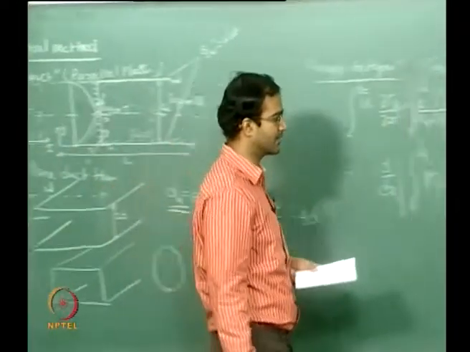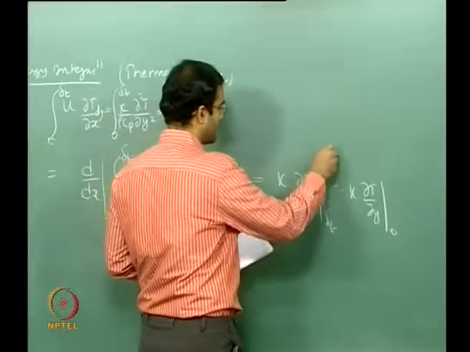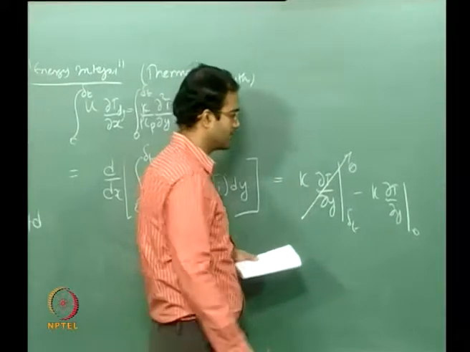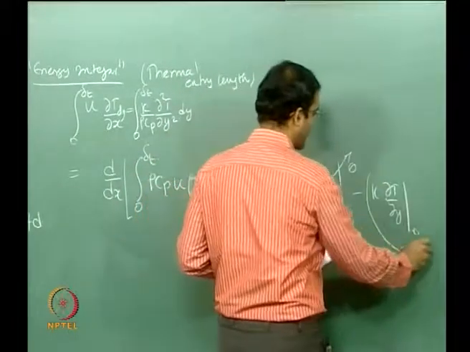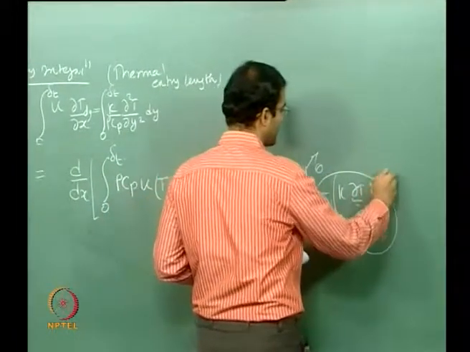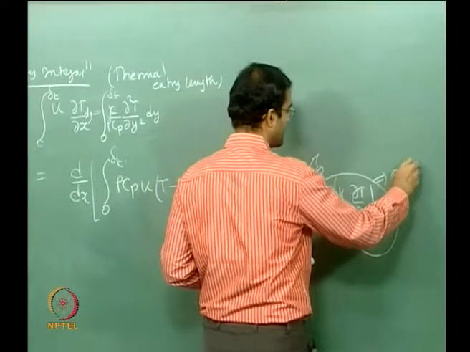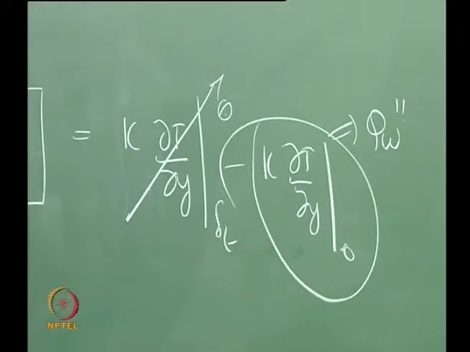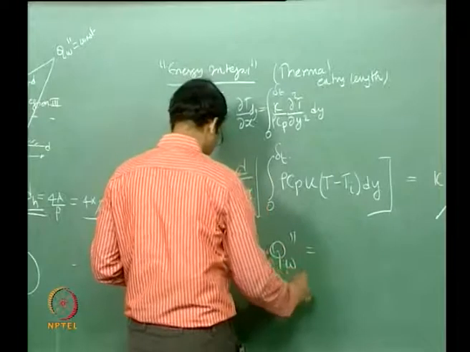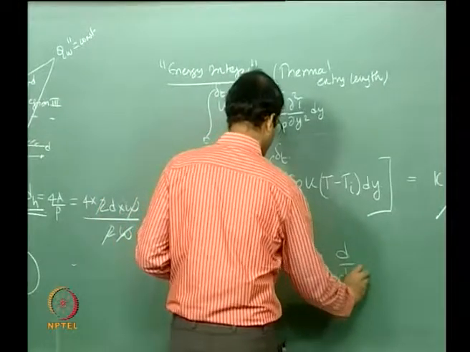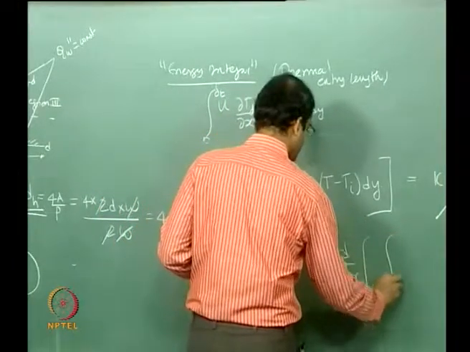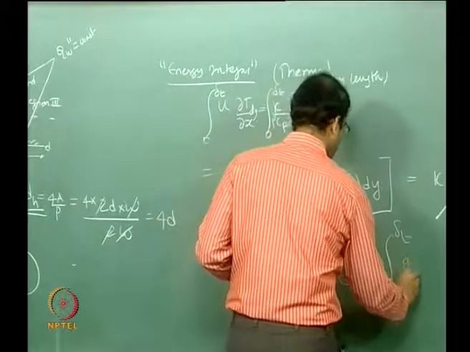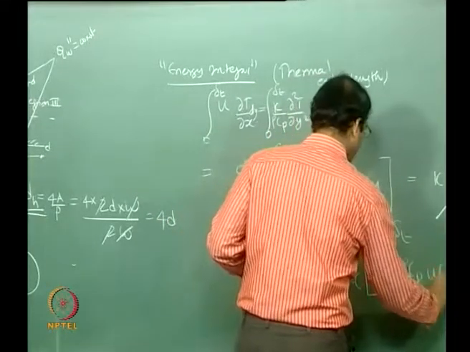It is 0, that is a boundary layer condition. And minus k dT by dy at the wall is nothing but your given heat flux, which is a constant. Therefore in this case your energy integral simplifies to